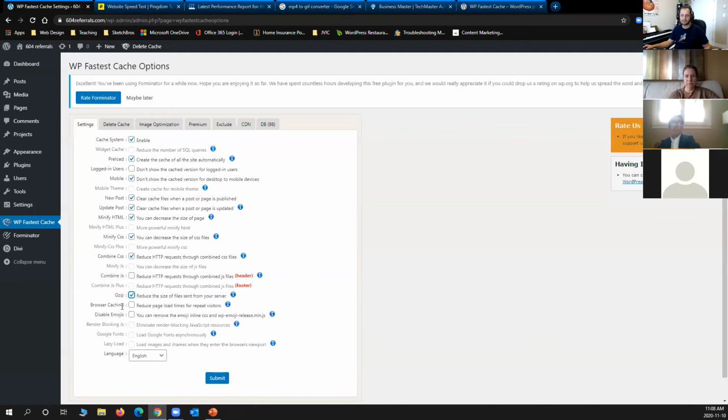And finally, browser caching. If you remember, I said your website creates the cache and puts it in front of your server. Every time a computer wants to read your website, it looks at that cache first. When you enable browser caching, you say, hey, allow people's computers to download this cache, so next time it loads even faster. So most of my images will not load from my website. It will load from my user's computer. What's faster than that? Nothing, right?